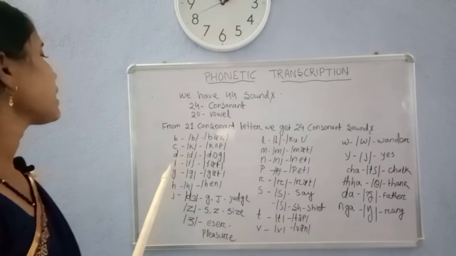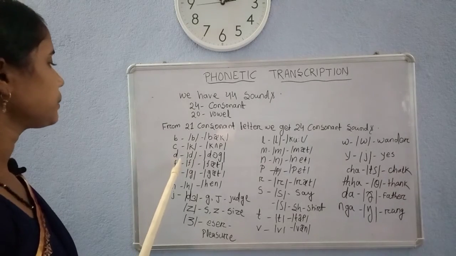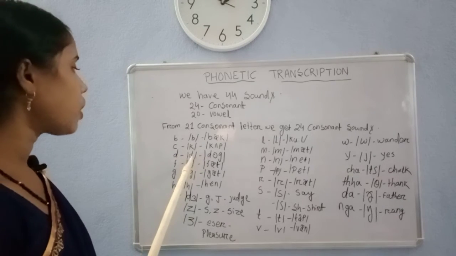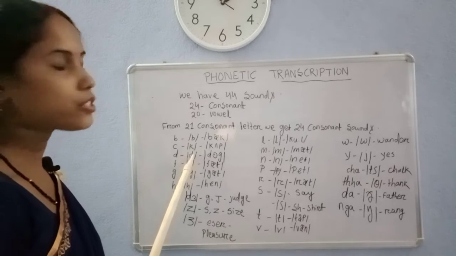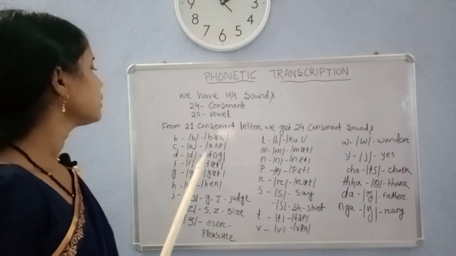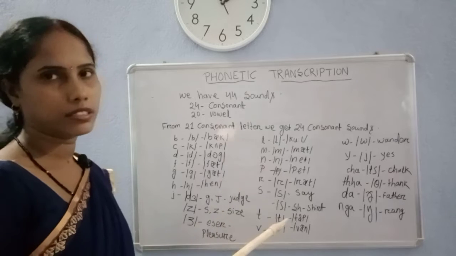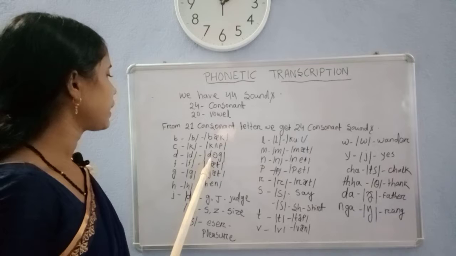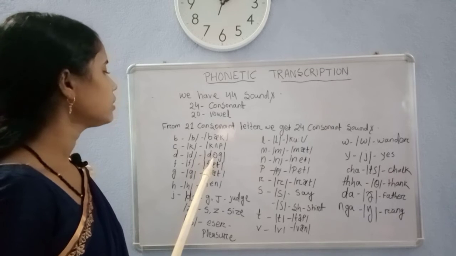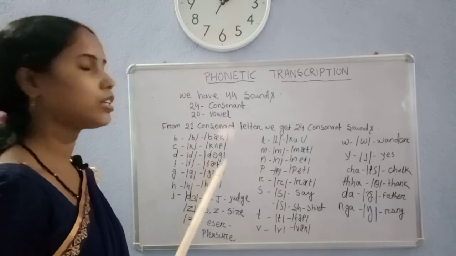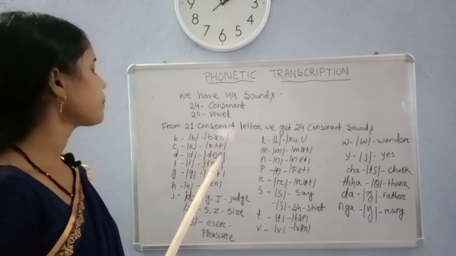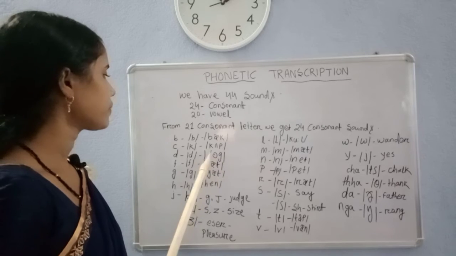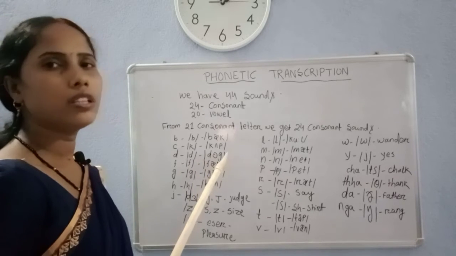Okay, then come to the next letter, that is D. This is the D letter and its sound is D, or its phonetic transcription is D, as in the word dog. For D, you will take the D sound, then the O. This is a vowel. I will make you clear about these vowels later. Then for G, this is the go sound. Then this is the transcription of the word dog.